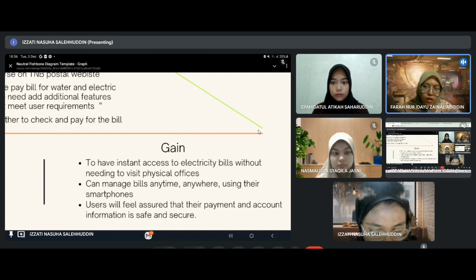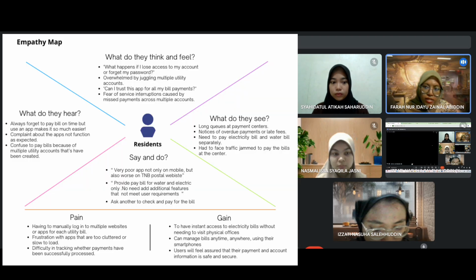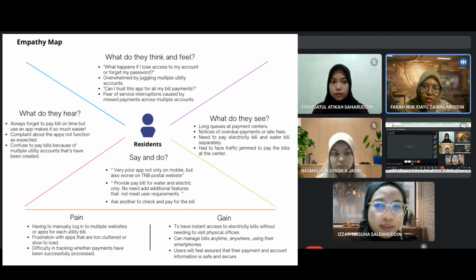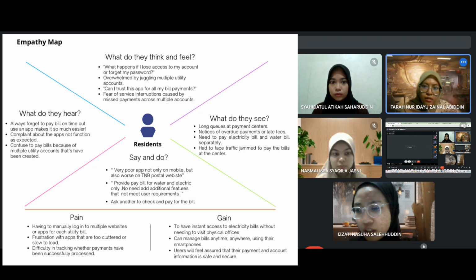This level of accessibility is crucial for users with busy or unpredictable routines. The last point is that users will be assured that their payment and account information is safe and secure. Users feel more confident knowing that their payments are processed securely and that their personal and account information is protected. This also includes features like payment confirmation and history tracking for transparency. That's all for the empathy map.